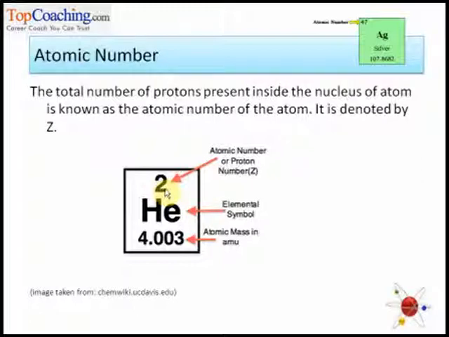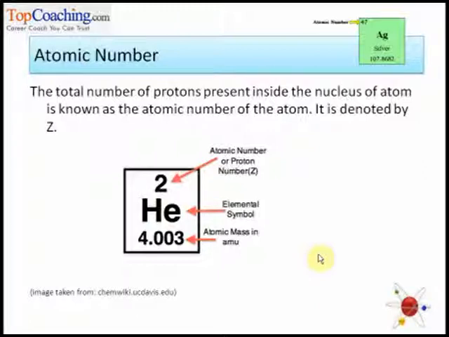Now you might wonder, what is the significance of atomic number? Why did the scientists bring up a new term, atomic number? Well, point number one, it's the atomic number that identifies an element's place in the periodic table, right? You know what a periodic table is? It's all the elements grouped together in a tabular structure according to their chemical and physical properties and in order of their atomic number.